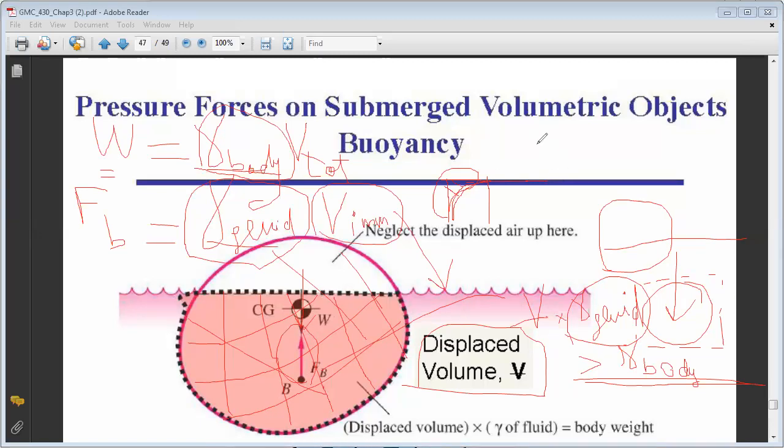So when gamma fluid is larger than gamma body, the equilibrium condition will be by having floating of the object, because in this way, by reducing this submerged volume, I can reach an equilibrium state where gamma fluid times immersed volume is equal to gamma body times the total volume. Okay. On the other hand, if